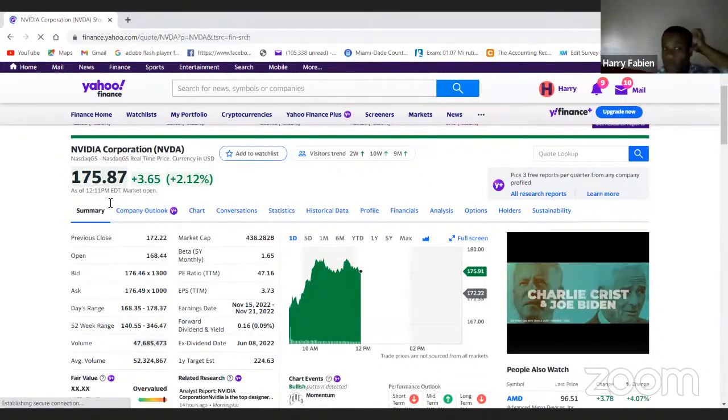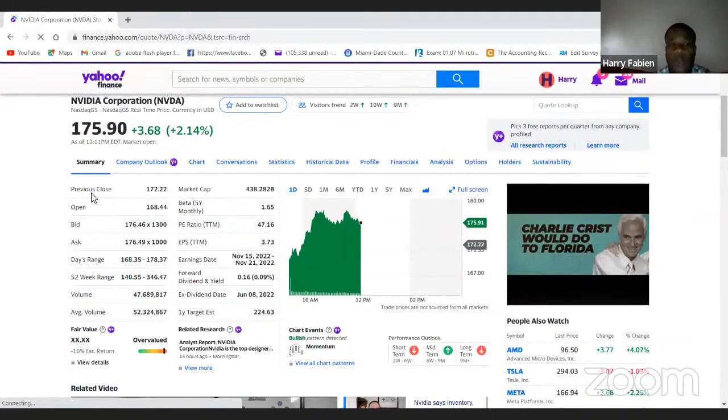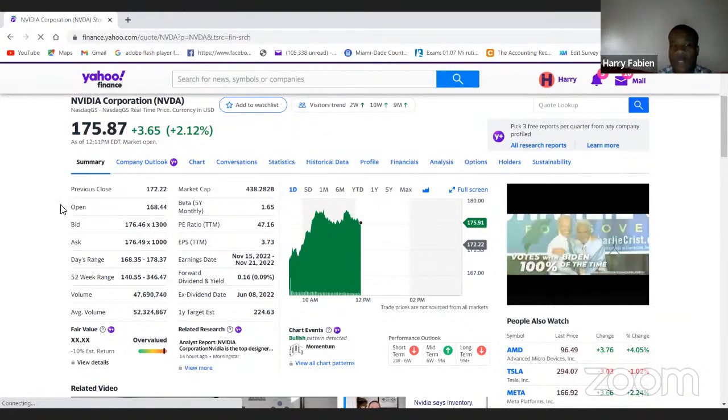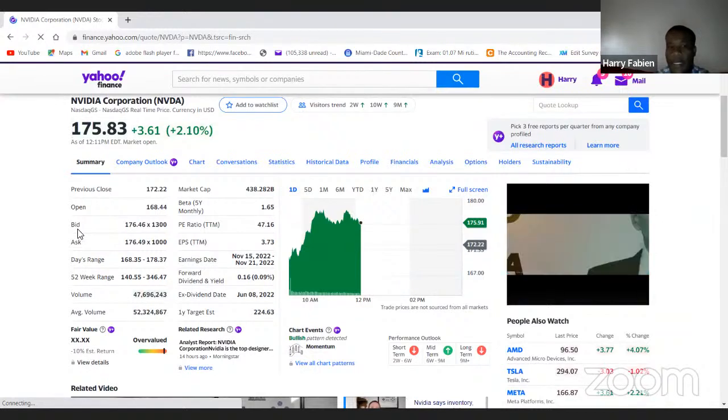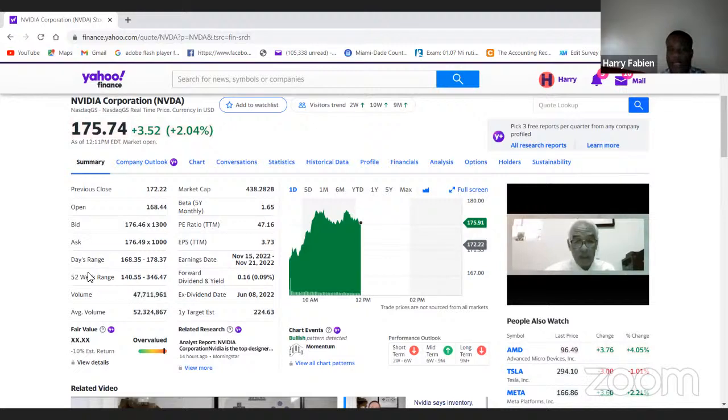the NVDA price is 175.92, and you can see the previous close was 172.22 yesterday. Today, it opened at 168.44. We have the bid, and we have the ask. And the day range for today is